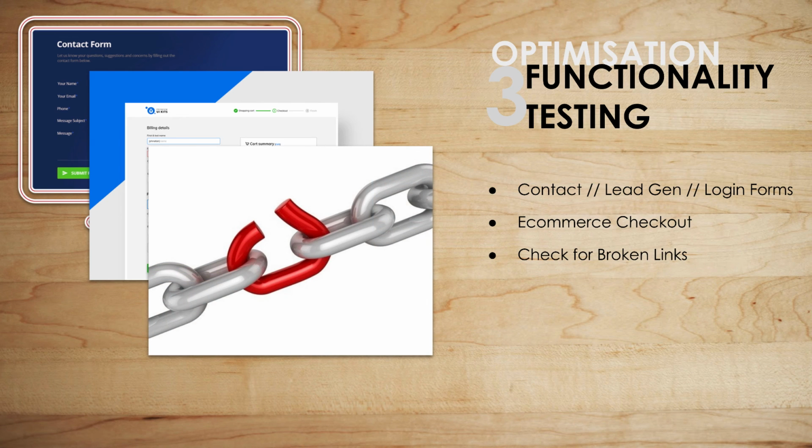And then finally, the last area is checking for broken links. Broken links are essentially like, maybe you've had a page on your website that you've removed, and that link is still live in the wild. So you might have something up on Facebook pointing back to that page. Then of course that link's not going to work anymore. So it's going to show a 404 page or a page not found error or something like that,